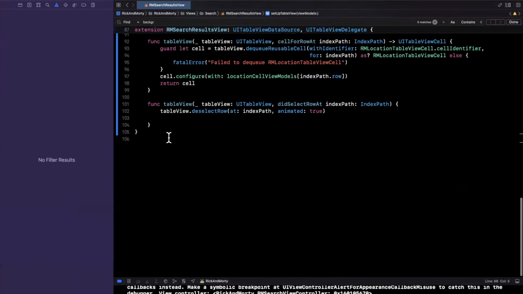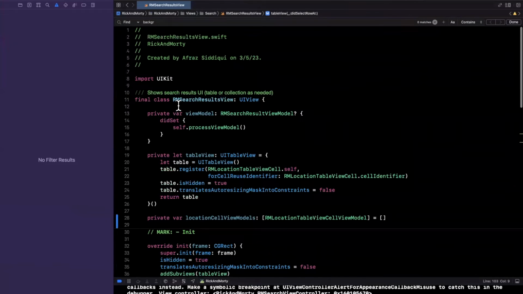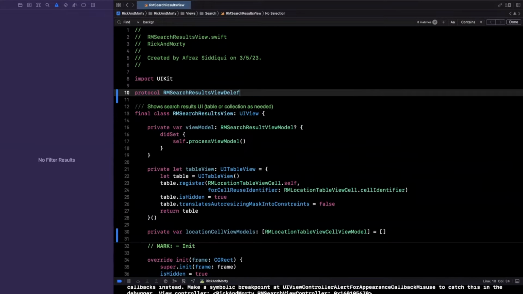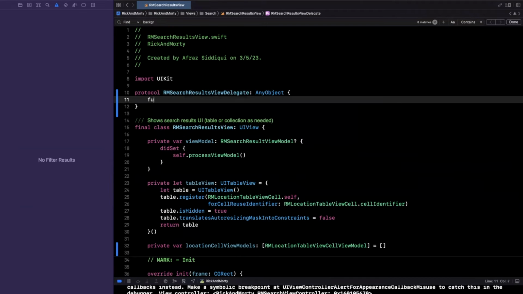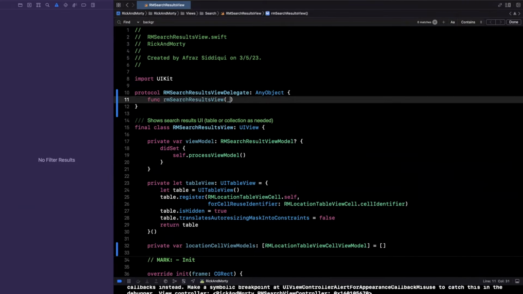So we have this delegate for the table view here already, which is all good and well. What we'll want to do is notify our controller, right? So what I'll do here is I'm going to have the protocol for this. I'll make this the delegate, any object, so we can hang on to it as a weak reference. And the only function I'll have here is rm search results view,